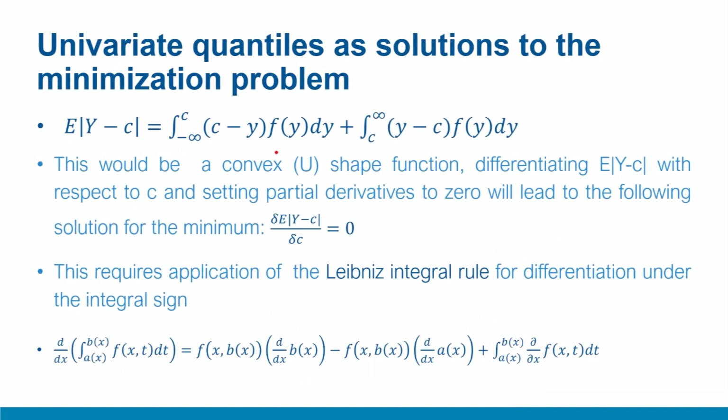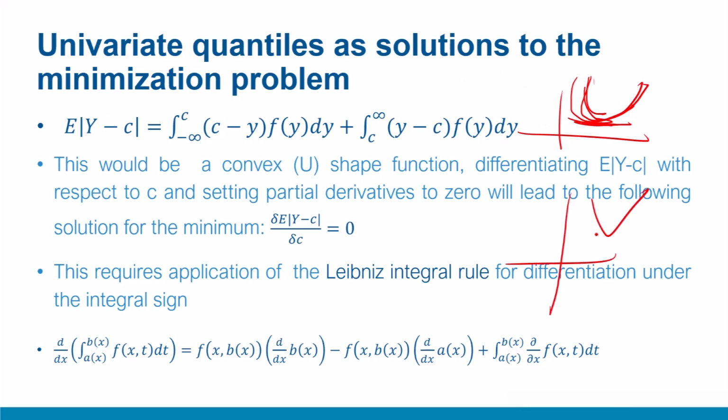Now, this kind of function is convex in the sense that it appears like this. So if you want to minimize this kind of function and you take the differential, you'll obtain a minimum. When you set the differential, the slope, to zero here, you'll get a minimum because the shape is convex. If you recall, the mod appears to be something like this, so you'll obtain a minimum, not a maximum. Let's start with this. We want to differentiate this function with respect to c. We'll set the differential to 0 and find the solution.